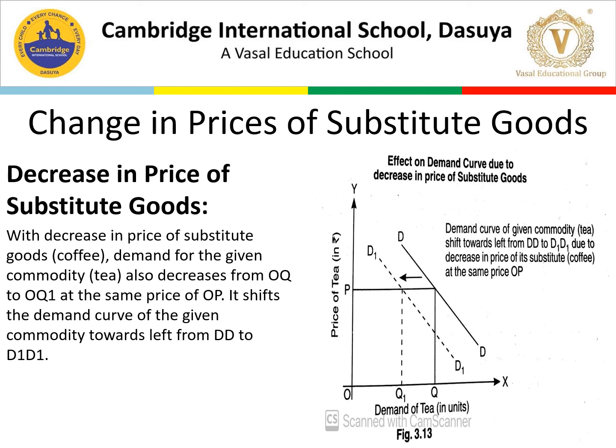Again, this shows the same concept, but here you can see that the decrease in the price of coffee is leading to a decrease in the demand for tea. In this case, demand for coffee is rising, so demand for tea is declining. This is what we are showing in this graph. I hope this is clear to you. Now let's move to the next thing.